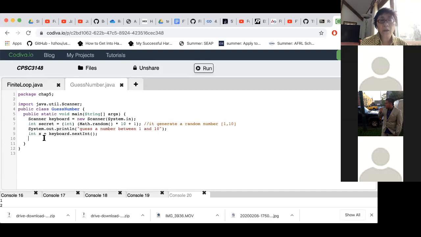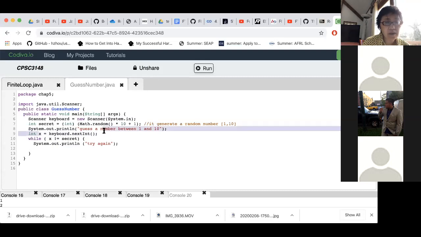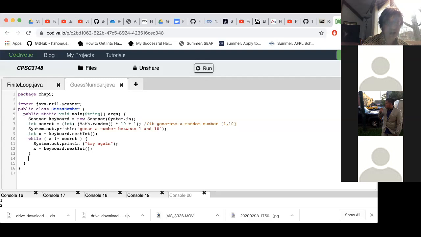Right. Now we don't know what the secret is, right? So this is our testing. We'll say while our guess is not equal to the secret, we'll let the user try again. So we'll say System.out.print, and we'll say try again. Okay, and then we're going to take the input from the keyboard again, and then we go back to check to see if this x is the same as the secret. If not, then we say try again, all right, until they get it, and then we can say